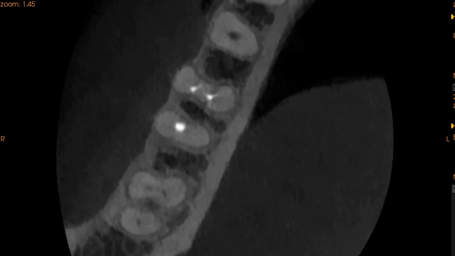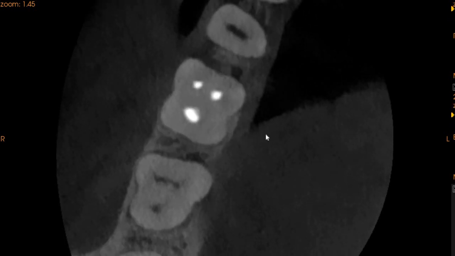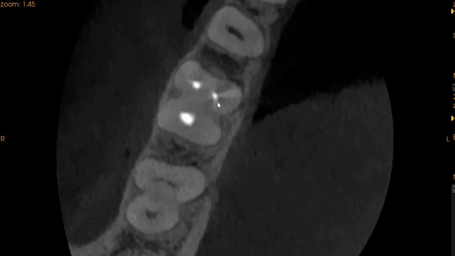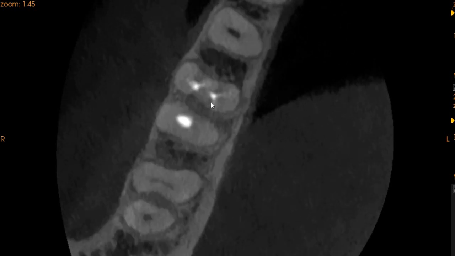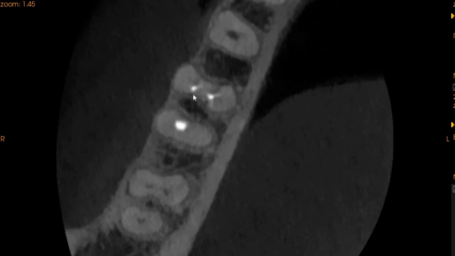Moving to the axial section, so this is the crown portion, this is the endodontic portion. We can see the obturation. We don't see any major cracks or any major fractures propagating from the tooth towards the interradicular area, but right